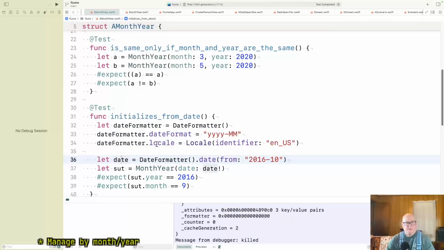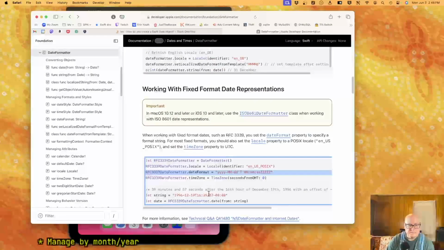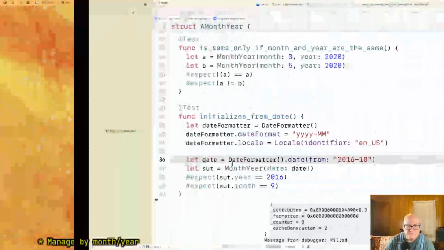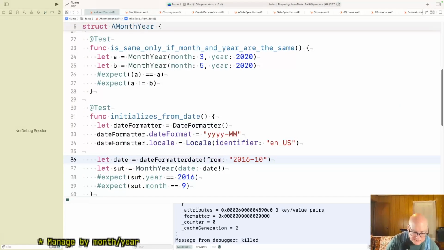Date question mark. Date format. Oh. Probably help if I use the one I went to the trouble to create.